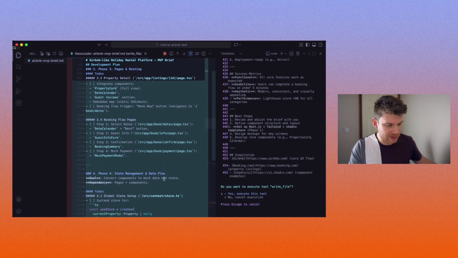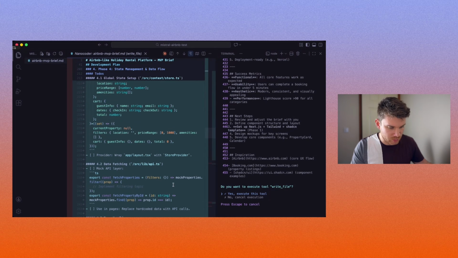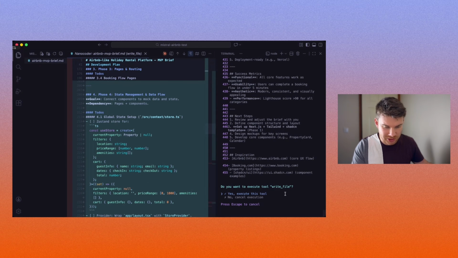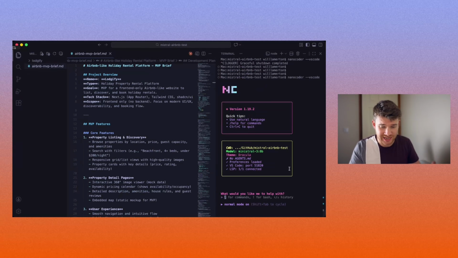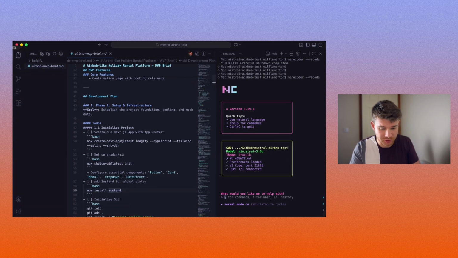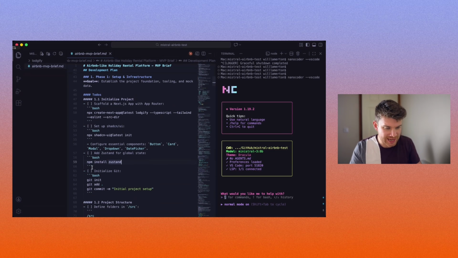So again, very happy, very successful. It looks like it wants to write this down. It looks good to me. I'm just going to accept the adjustment, and lovely, lovely. So I've gone ahead and cleared context for the model. I have a fresh session running, and now I'm going to see how far I can get into this plan,